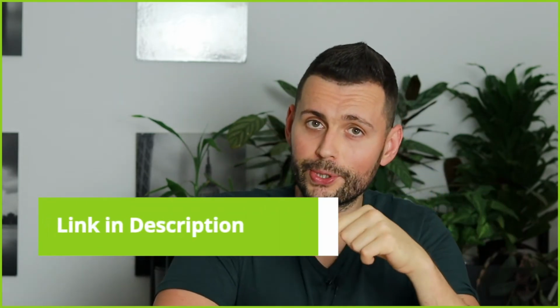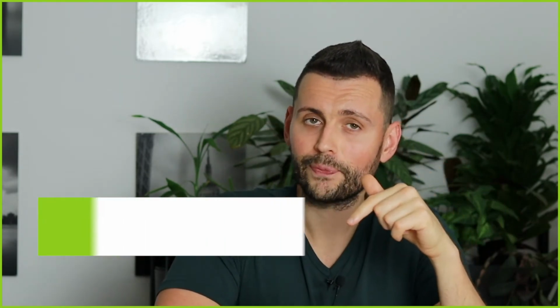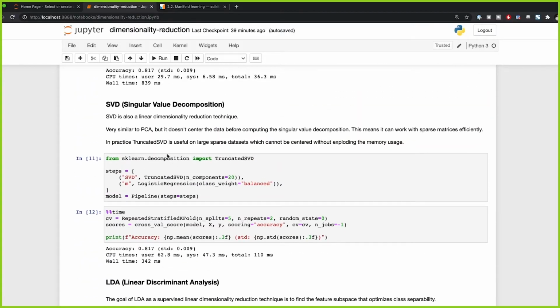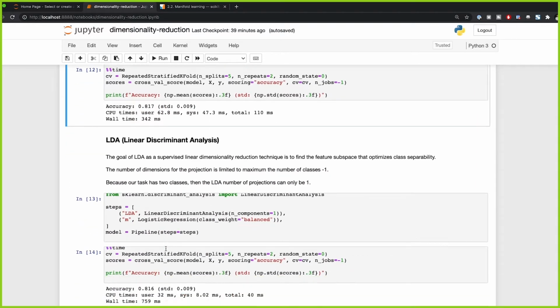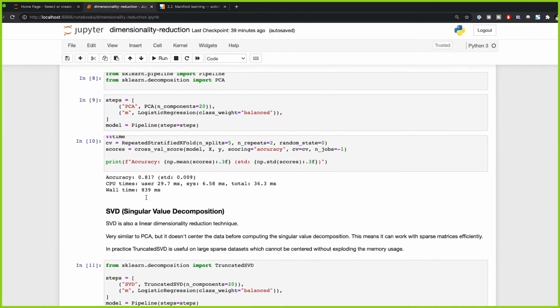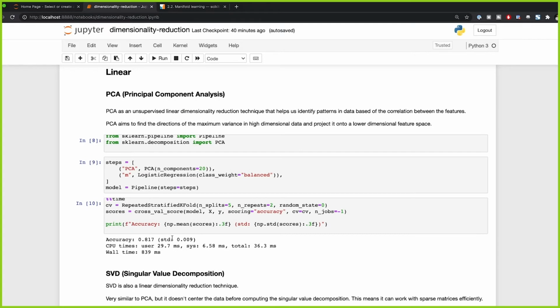So you see, in the previous video, which I'm going to link down below in the description, we saw that, let me actually just go to the previous results. For our SVD, we got an accuracy of 81.7, exactly the same. For LDA, we got the same accuracy, 81.6, which is pretty much the same. And for the PCA, we got 81.7, which is the same. So you saw our linear dimensionality reduction techniques didn't really help with our data set, but nonlinear ones,